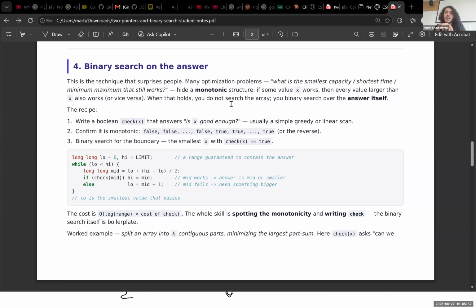Like it is true and then false, or false and then true. Which means, for example, let's say,